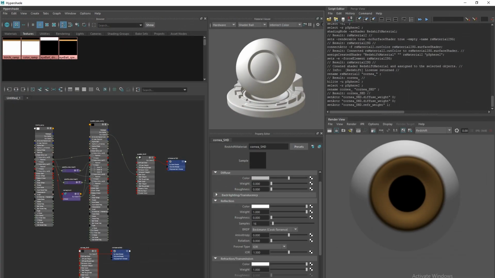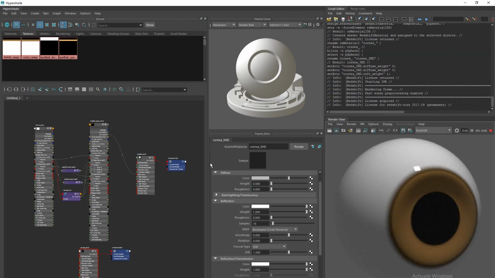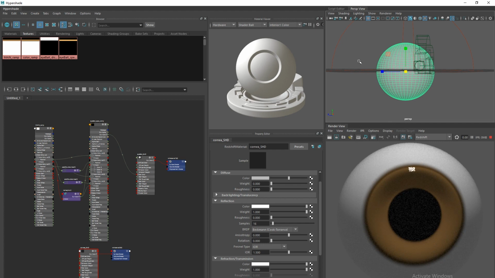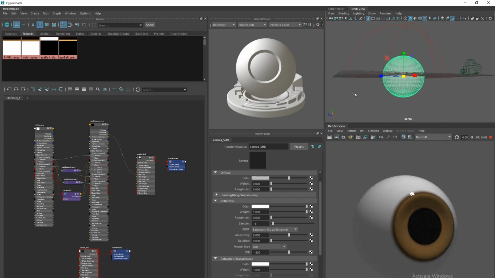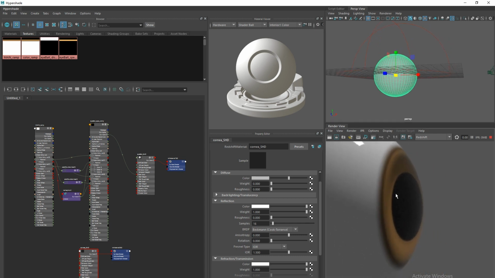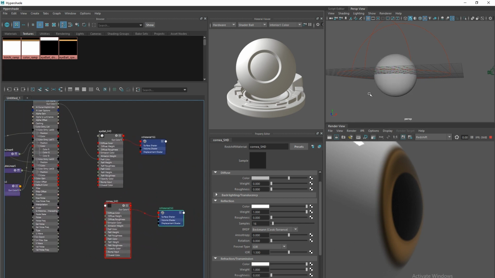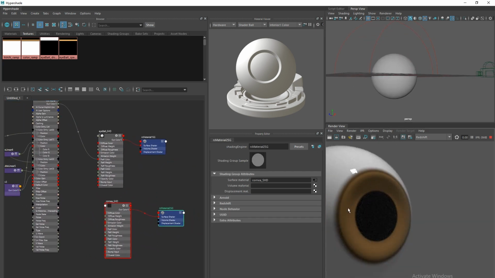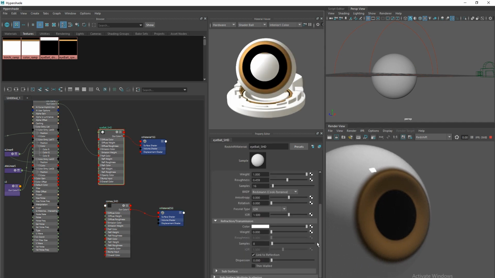And let's go back here to the look dev layout, start the IPR. All right, so at least now we have some specularity, and you can see here we have some refraction going. I have my shader here. To get the highlight back, there's a little trick you can do, is to change the IOR of the inner shader. I think it's because when you have the same